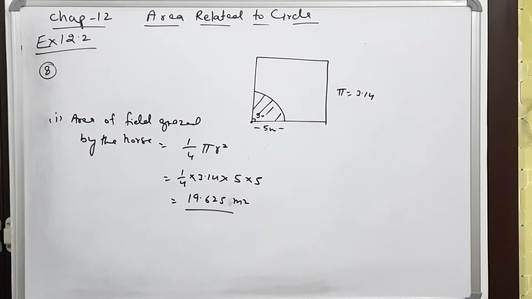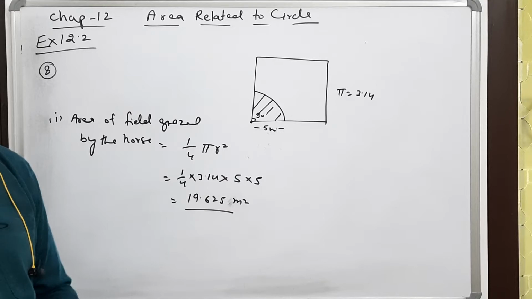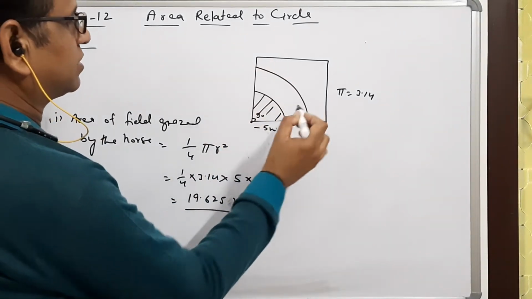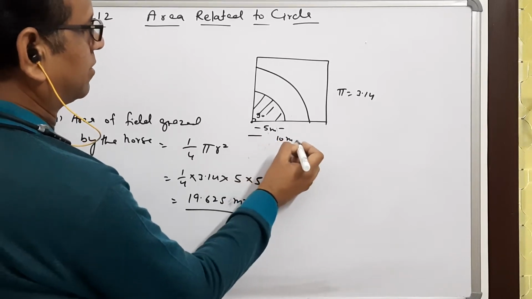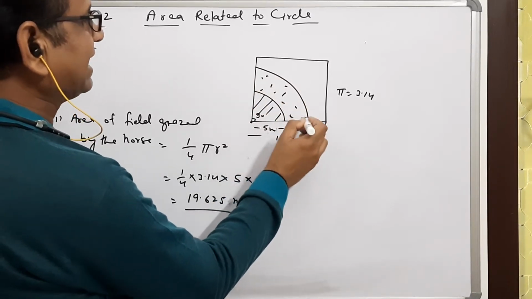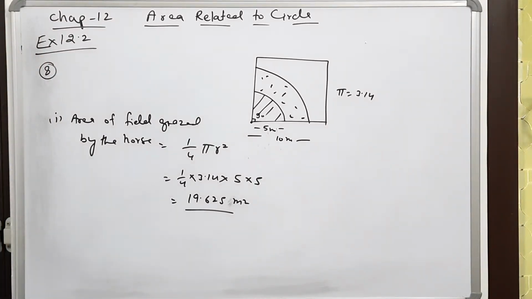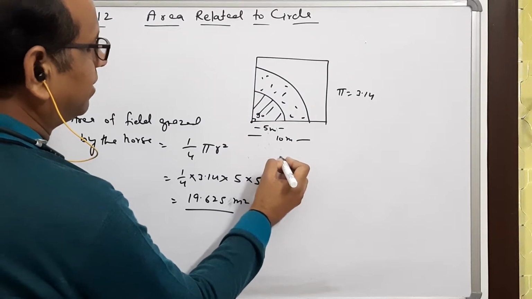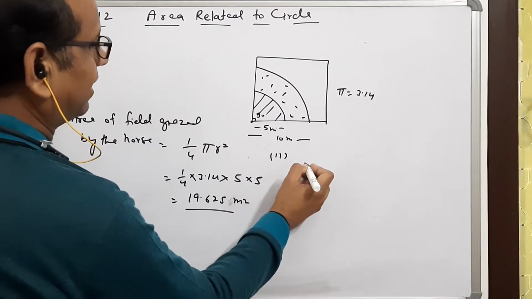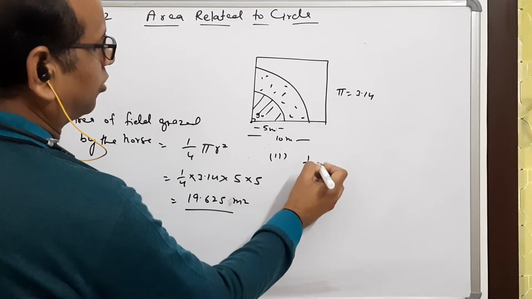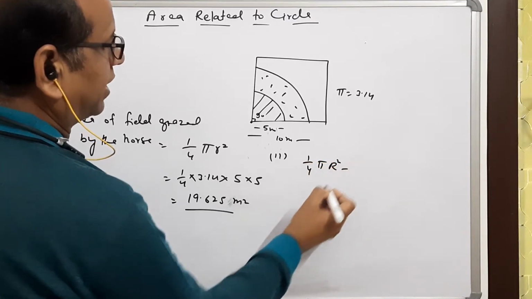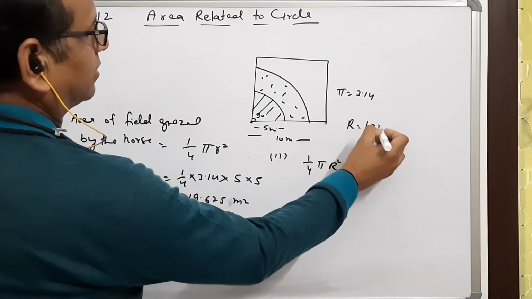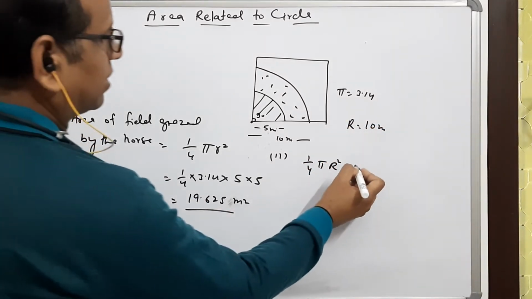Now it is told here that if the length of this rope is increased from 5 meter to 10 meter. So this is 10 meter now. Then how much will be the increase in the grazing area? Increase we have to find. So we have to find this part. So the second part is 1 upon 4 pi R square, this capital R is 10 meter, minus the old area, that is